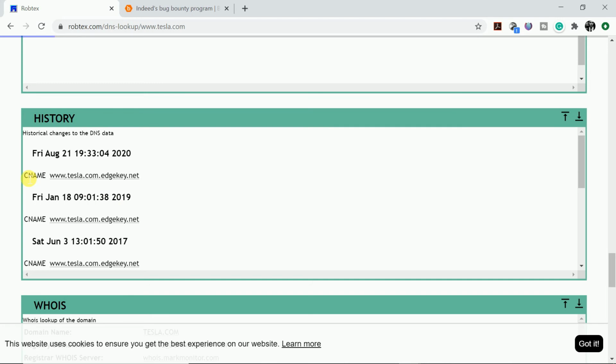Here you can see CNAME, and as I have already told you, CNAME is for redirection. If you want someone who is typing www.tesla.com or tesla.com to be redirected to the same website, you can use the CNAME here.